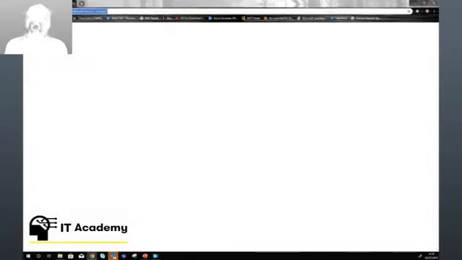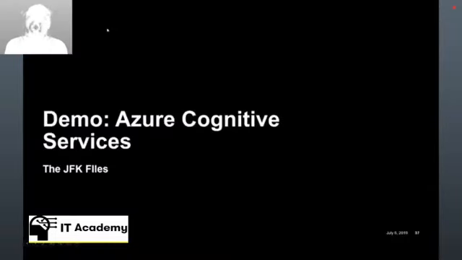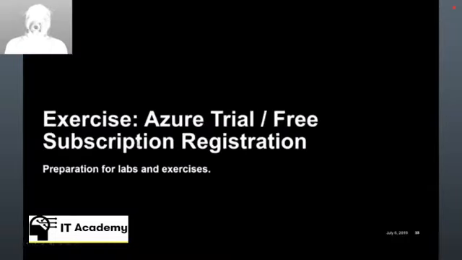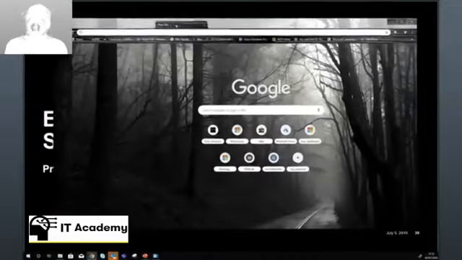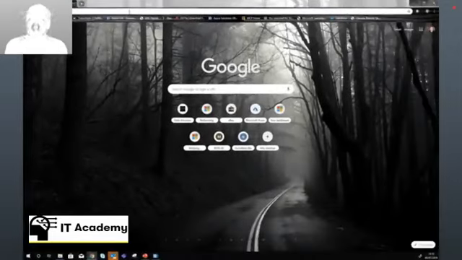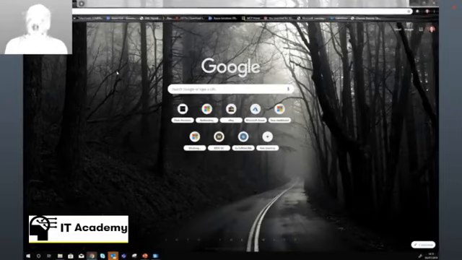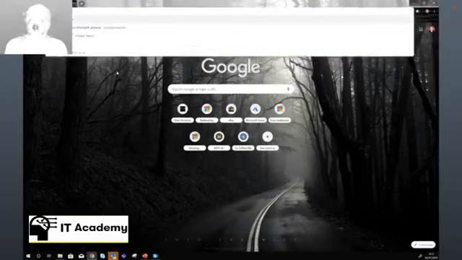So, to close out today's session, what I want to do is finally show you how to set up an Azure free trial subscription. This is actually a lot easier than you might think. It's a testament to just how easy Azure makes things. I'm going to create a new browser window. I need to have a Windows Live ID to be able to create an Azure tenant. So if I don't have a Live ID already,